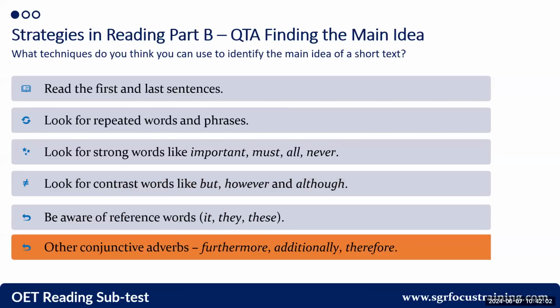And conjunctive adverbs, such as furthermore, additionally, therefore, are vital for communication because they bridge the gap from one idea to another. Without them, sentences and clauses would switch topics too abruptly, making things more difficult for the reader. Additionally and furthermore continue the same idea. Therefore shows the result or consequence. There are more functions of conjunctive adverbs, and this will be a good one for you to learn to improve your reading skills.